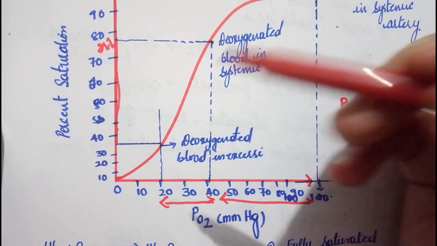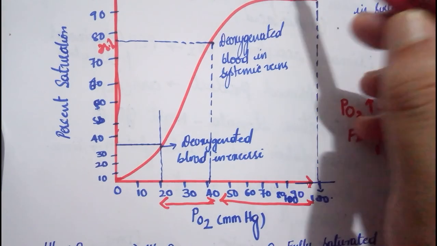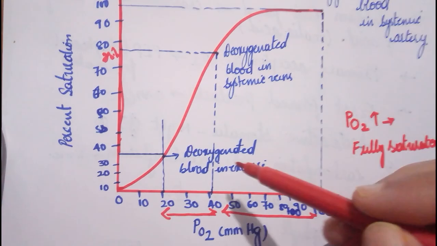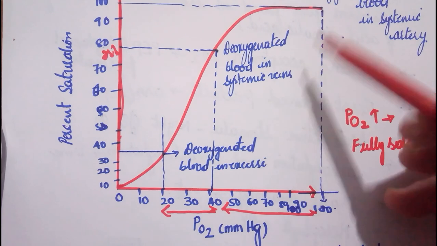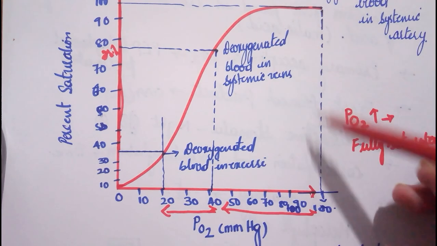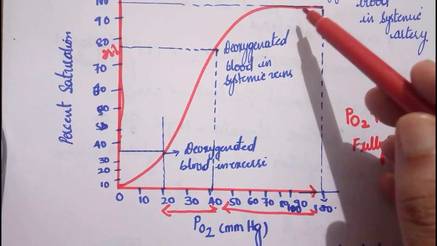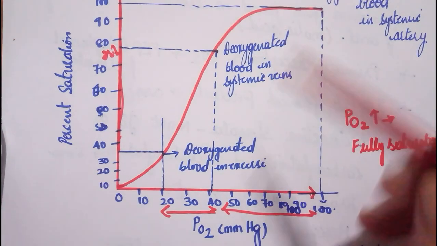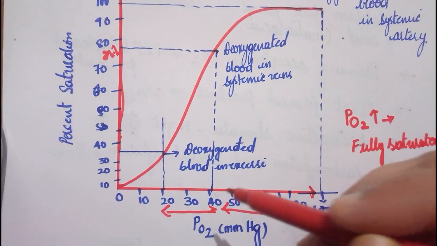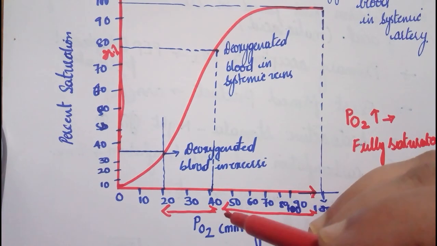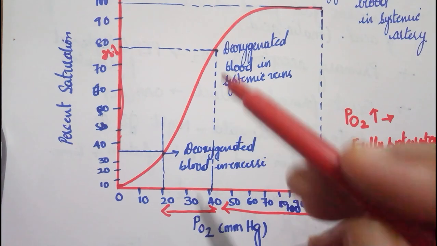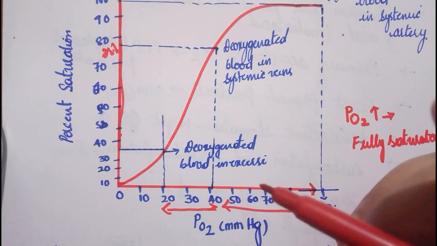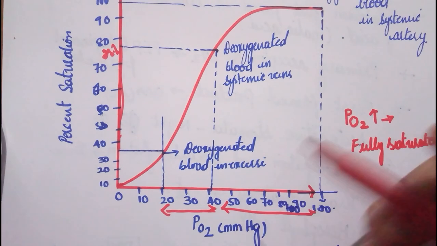So this is the oxygen hemoglobin dissociation curve. So what is this curve telling? This curve is telling that when partial pressure of oxygen is high, the hemoglobin is completely saturated with oxygen. When the partial pressure in the tissue is low, then the hemoglobin molecule is going to give away one, that is out of the 4 oxygen molecules it is bound to, it is giving away 1 oxygen molecule.